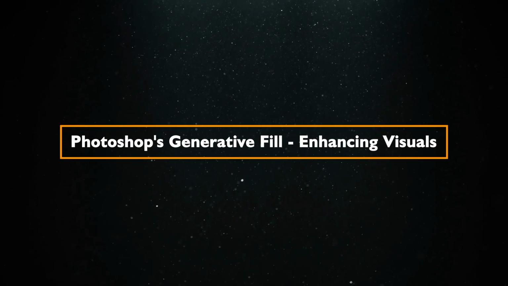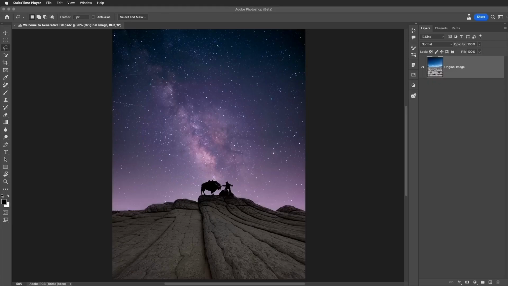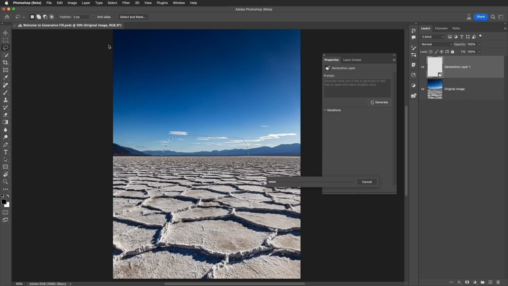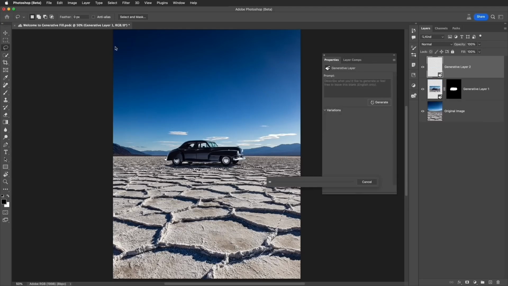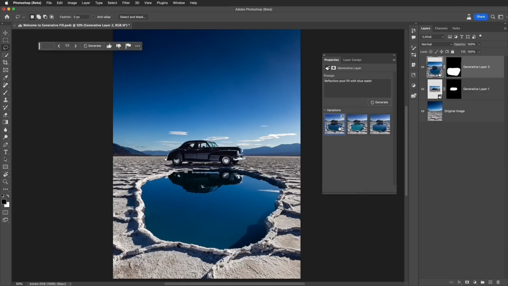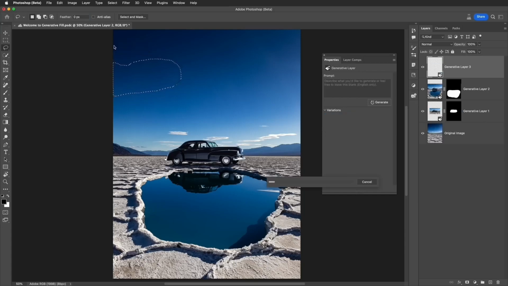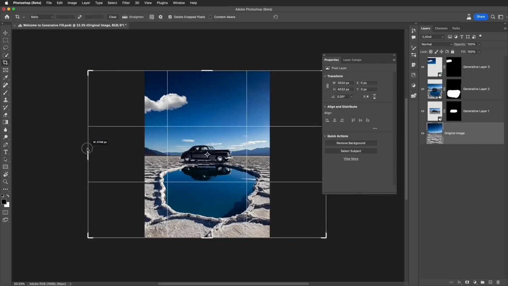Photoshop's generative fill, enhancing visuals. Photoshop's generative fill feature is a groundbreaking addition to the arsenal of content creators, leveraging the incredible capabilities of artificial intelligence to take visual enhancement to new heights. This powerful tool empowers content creators to unleash their creativity by seamlessly transforming photos in remarkable